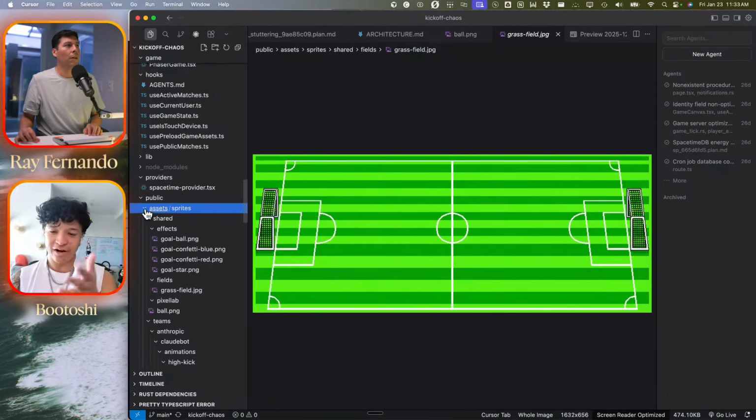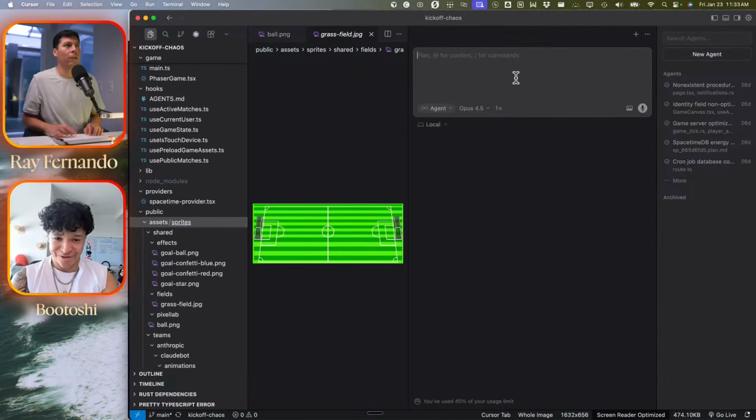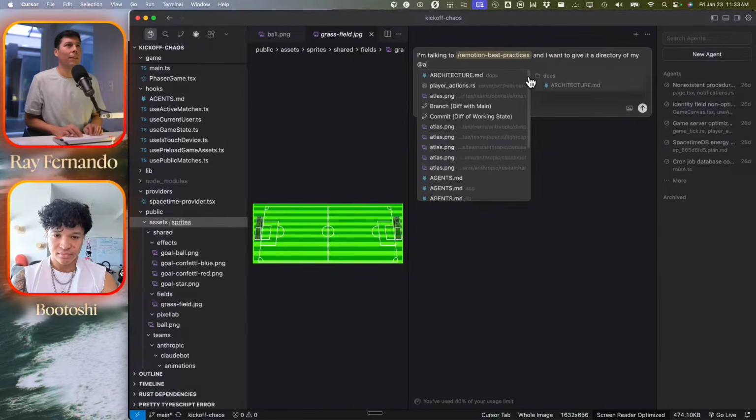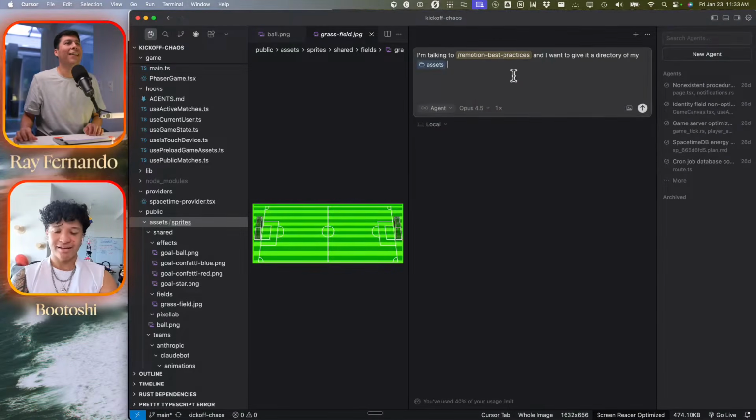So instead of having Claude look through each one, maybe you just ask Cursor real quick. I'm talking to Remotion best practices, and I want to give it a directory of my assets. It might be even easier to just ask: I want to visualize all my assets in one screen on an HTML. And then make sure to include the path to each one under the image, like